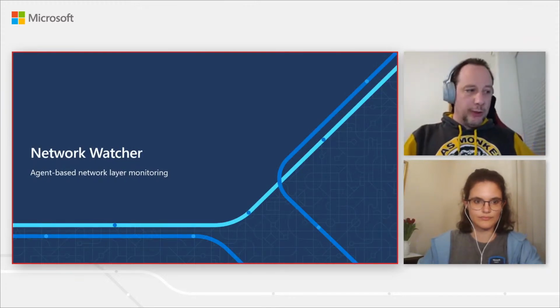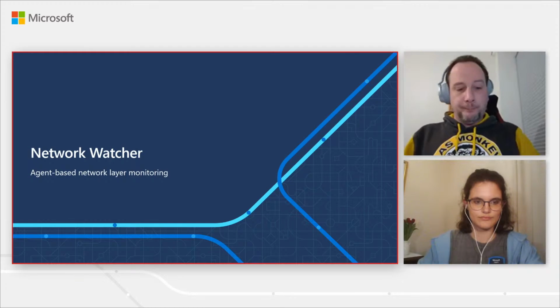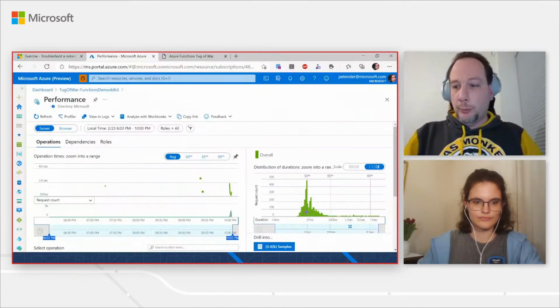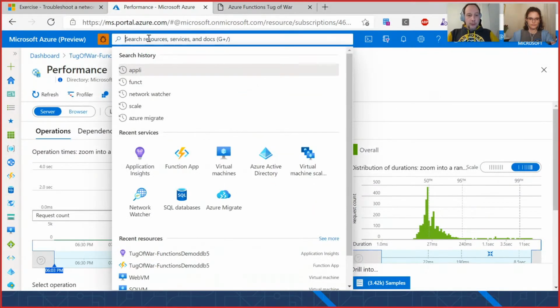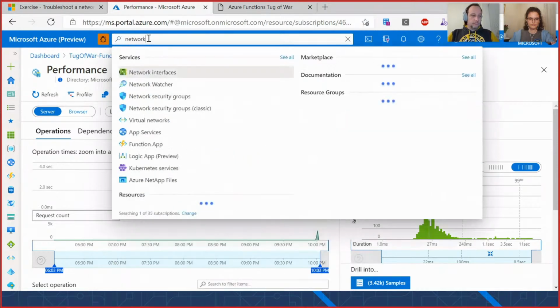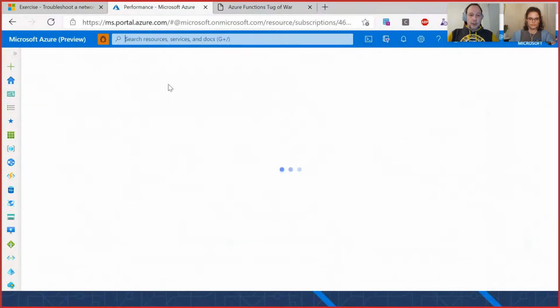So one example I want to talk about a little bit more, and actually not really talking about it, but showing you, is Network Watcher. So back to the portal, let's see if the mouse is responding again. Way cool. So what is Network Watcher? It's another built-in